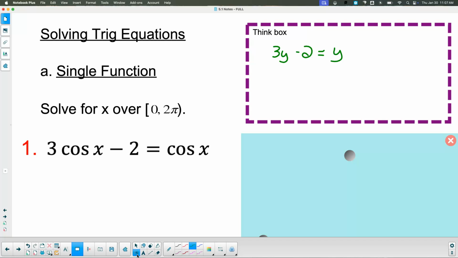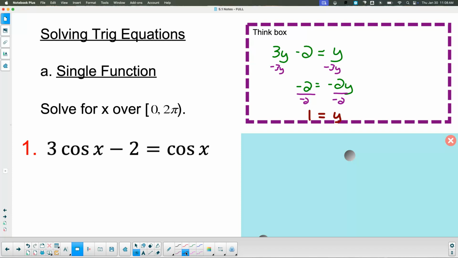Subtract 3y from both sides? That gives you negative 2 equals negative 2y. Then we would divide by negative 2. And then that would give you positive 1 is equal to y. Yes? Okay. You're going to treat the trigonometric equations the exact same way you treat your algebraic equations, except now